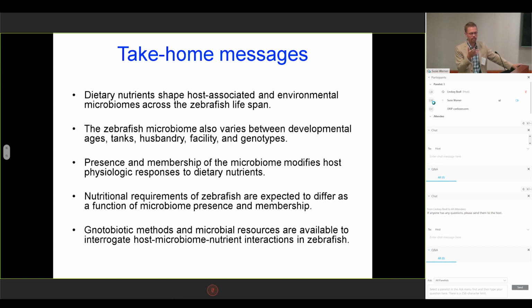We see a non-trivial amount of inter-tank variability, even when the animals are given from the same clutch, same facility, presumably the same diet, right next to each other. There are some stochastic processes that can occur during the assembly of tank microbiomes and fish microbiomes that are non-trivial. So it is improper to do a study where you have one tank with condition A, one tank with condition B, compare those and assume that the microbiome is equivalent across. You really have to do experiments where you have multiple tank replicates per condition. It's really important.